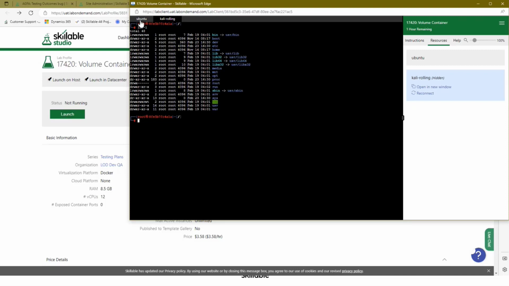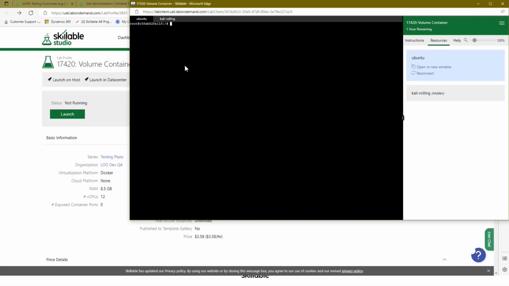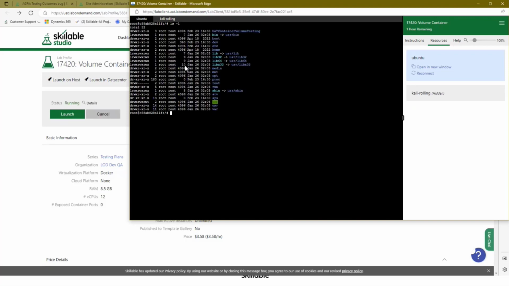But if I go to the Ubuntu image and do an ls -l, you can actually see that I've got the UAT volume in here. And if I go into the UAT volume and do an ls, you can see that I've got the files. You can see up here it tells me that it's read write with the appropriate permissions. If I was to do something like a touch